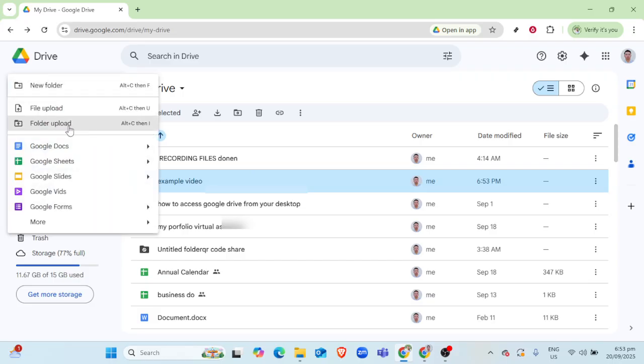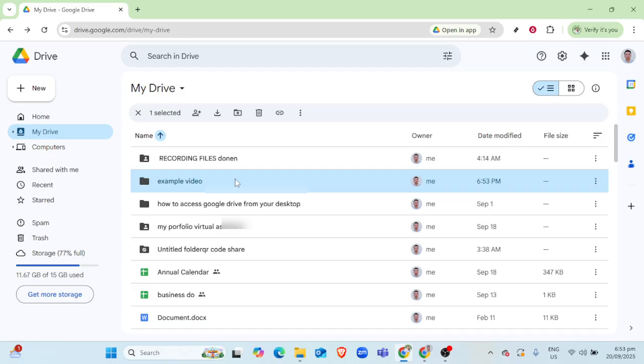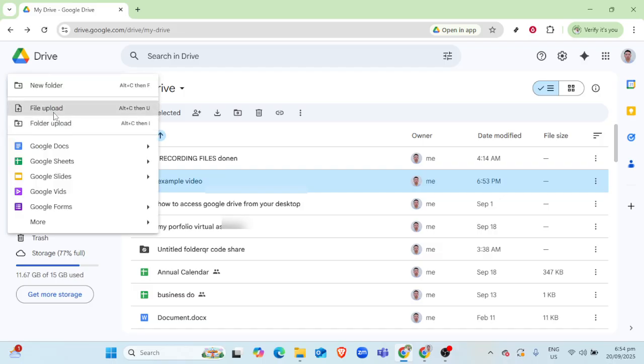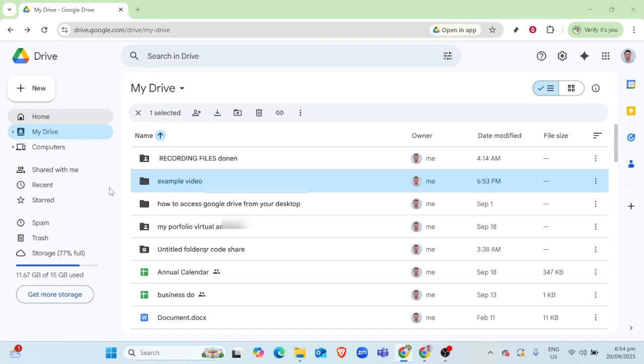As your video uploads, it's important to keep the browser window open and not to close it. If you close or refresh the page, you risk interrupting the upload process. Once the upload is complete, you'll get a confirmation message, and your video will appear in your list of files